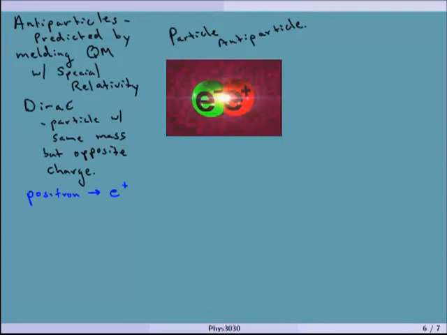And what we've found out since Dirac predicted this, right, was that the sort of known thing, if you've ever watched Star Trek or some other sci-fi, is that if you have an electron and a positron and they collide with each other, they actually give off pure energy in the form of light.